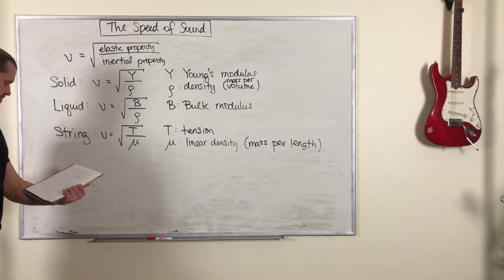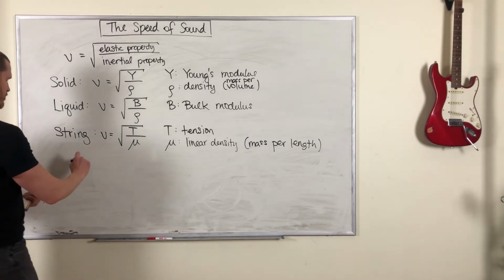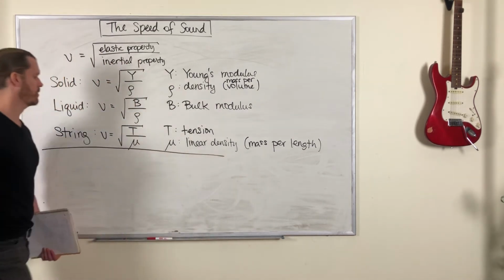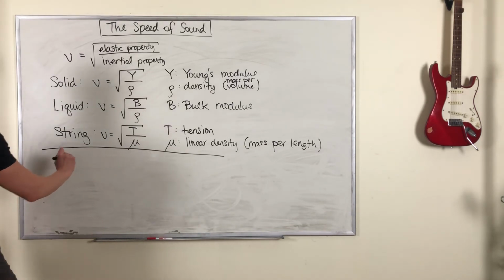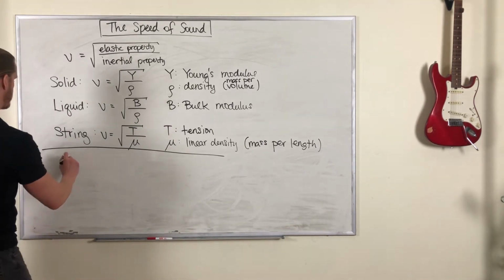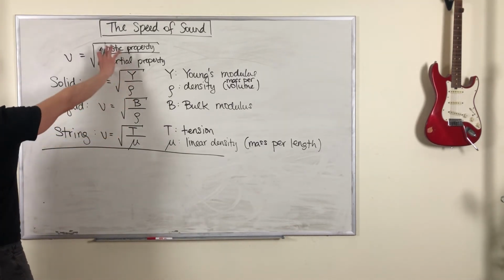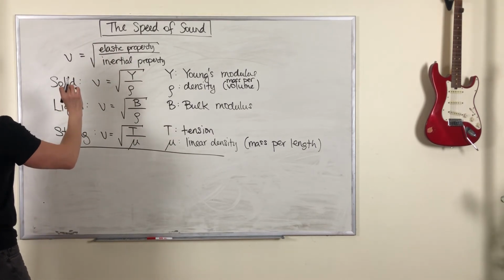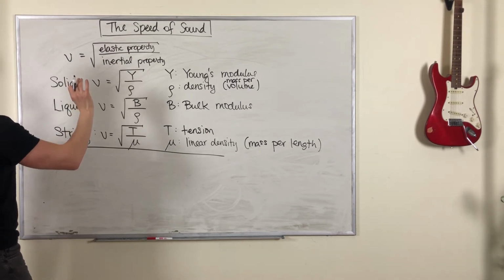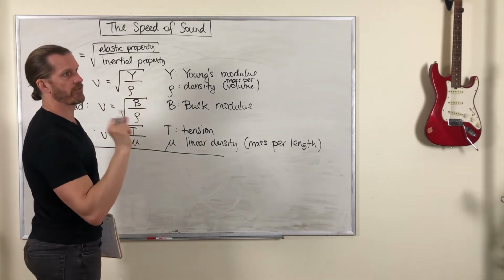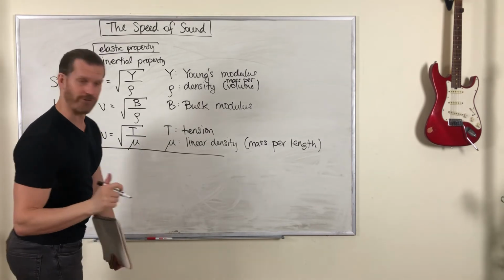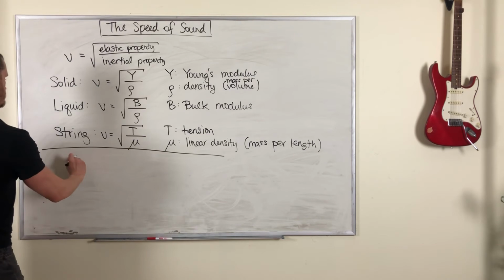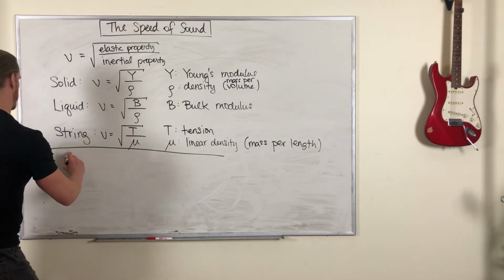And finally, there's one more important equation that's kind of separate from these. It's for the speed of sound in air. You can also use this equation for air, but with air, we also commonly want to take the temperature into account. And we have another equation for that. So in air,